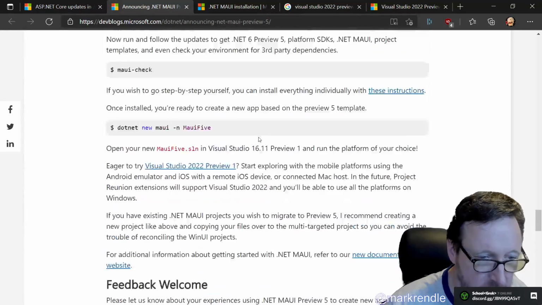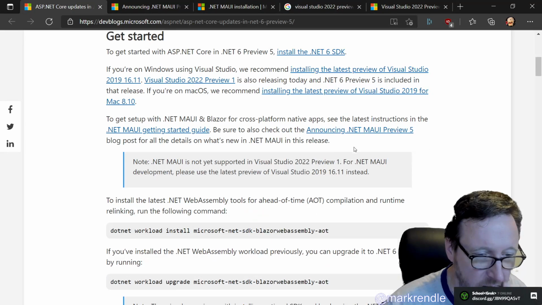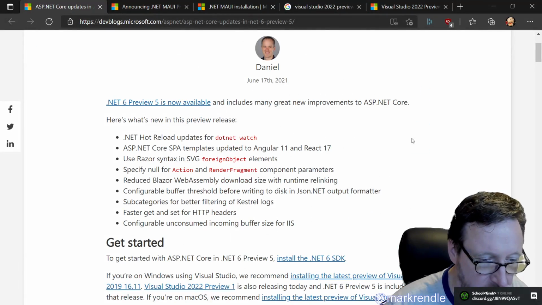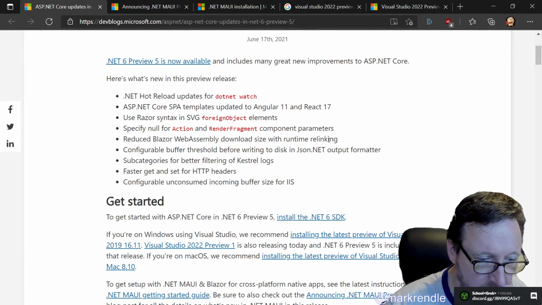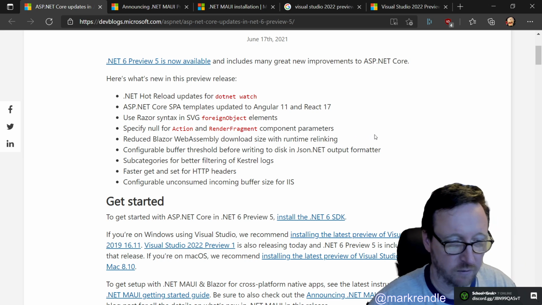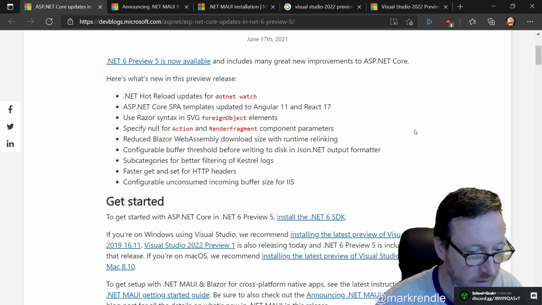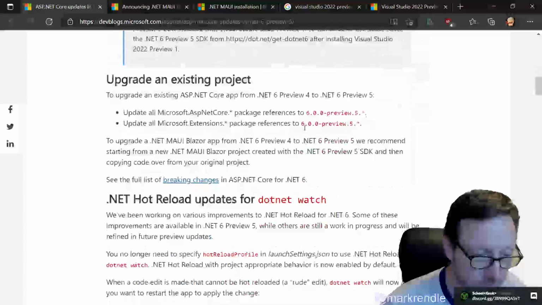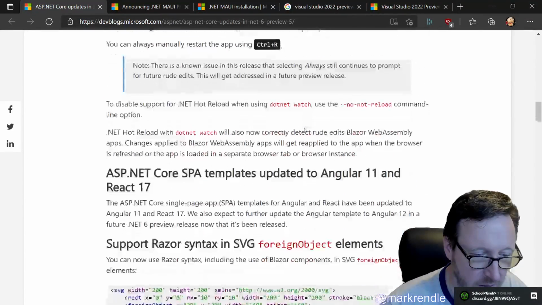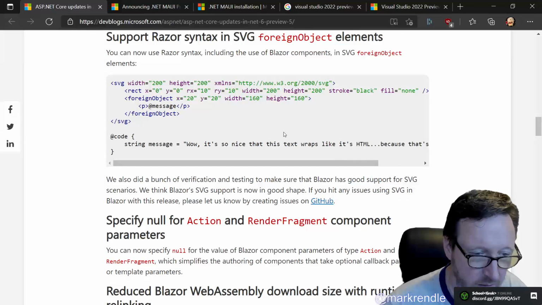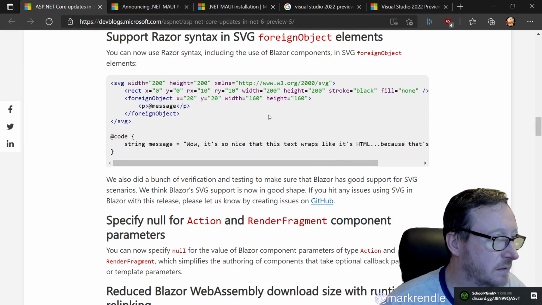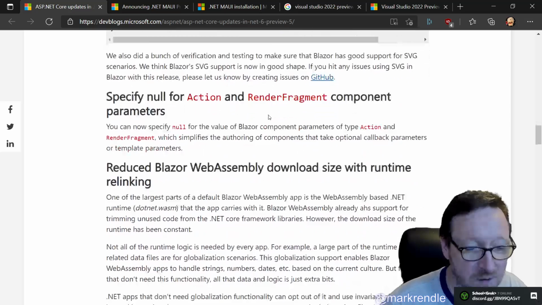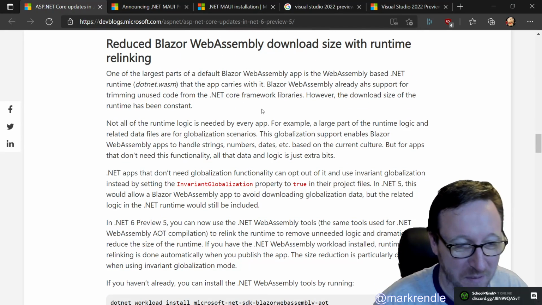So that's good. And then we got ASP.NET Core updates, reduced Blazor WebAssembly download size with runtime relinking. That's good. Specify null for hot reload updates for that. Support Razor syntax. I haven't got around to testing my components yet, Eagle, because I